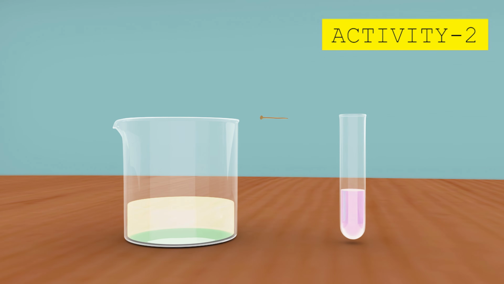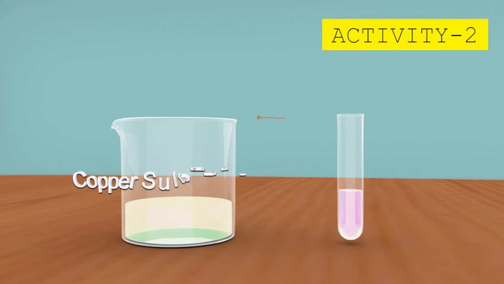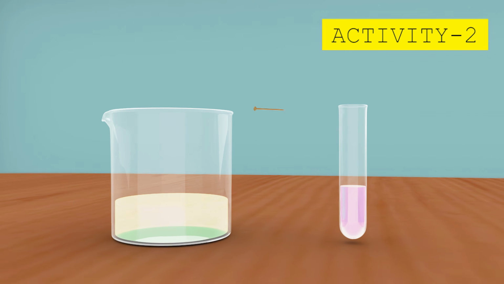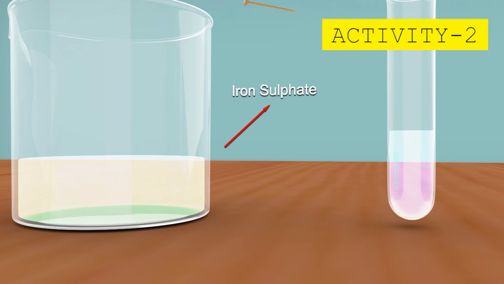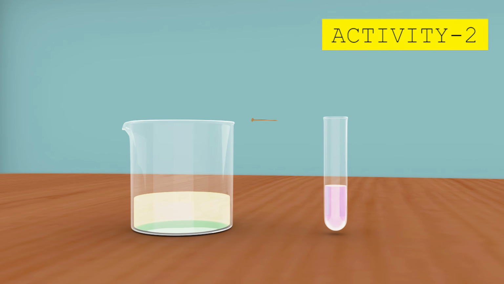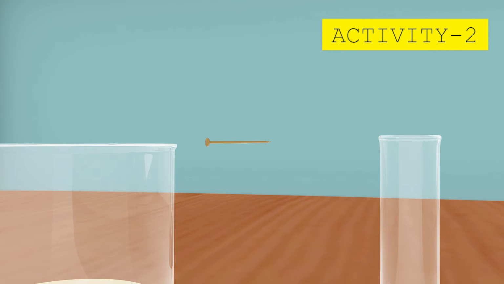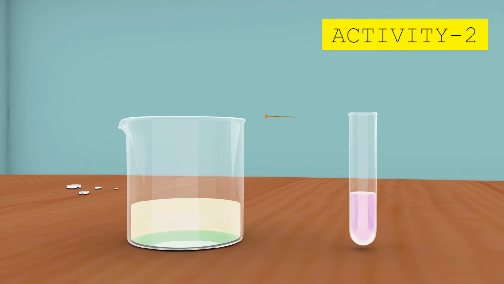The color change of solution is due to a chemical reaction between copper sulfate and iron. The green-colored solution formed is iron sulfate. The brown-colored solid deposit on the iron nail is copper. The chemical reaction taken place is